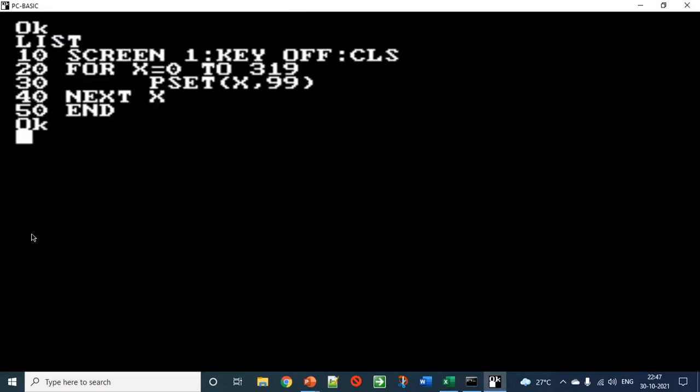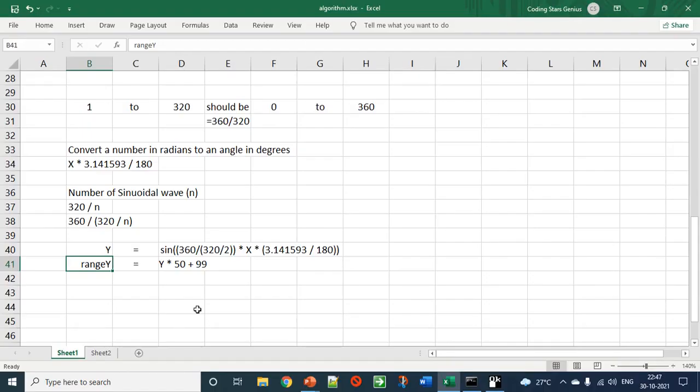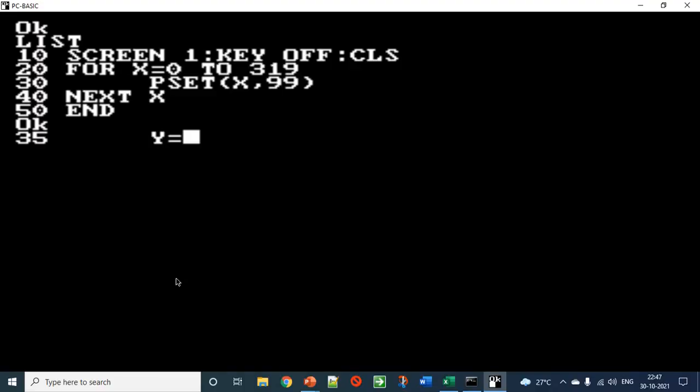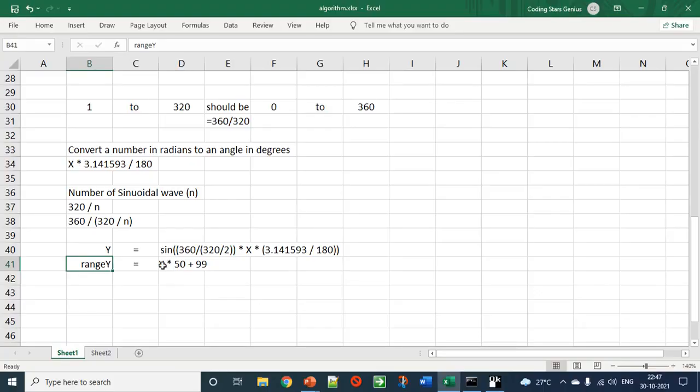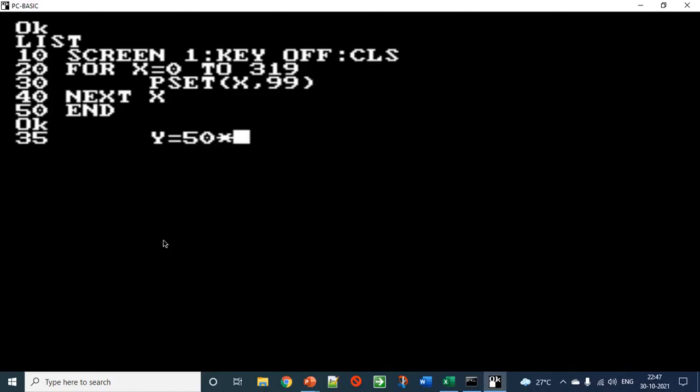So let me say 35 y equals to... y should be multiplied by 50, right? So I'll say 50 into, I'm starting here, and then 50 multiplied by y, which is nothing but sine of this entire thing.